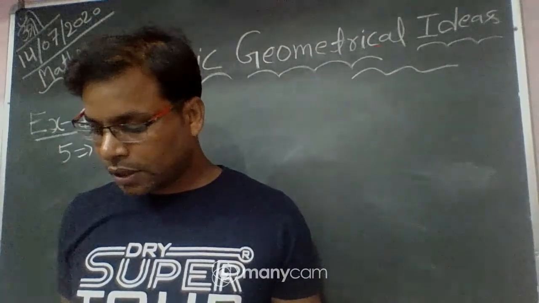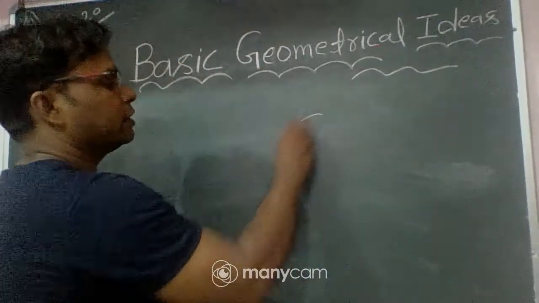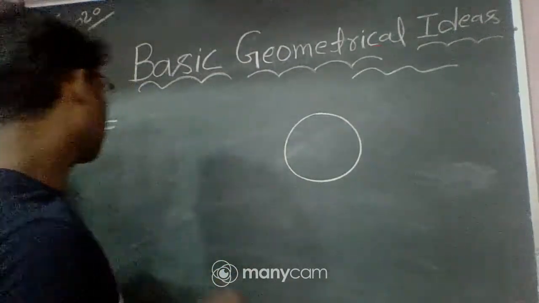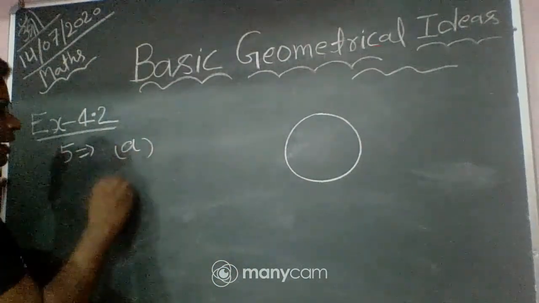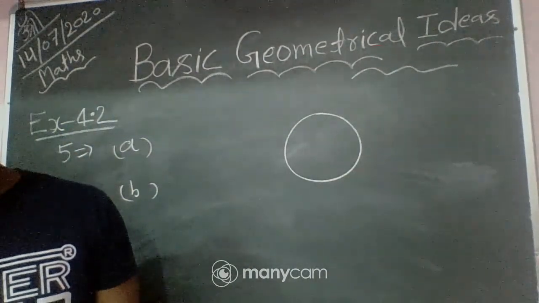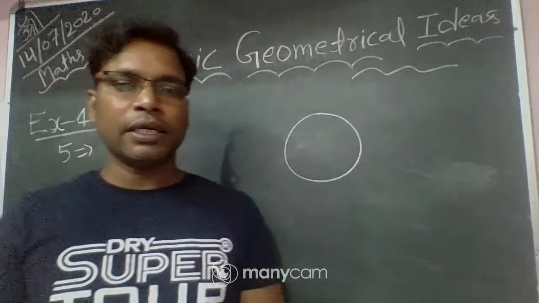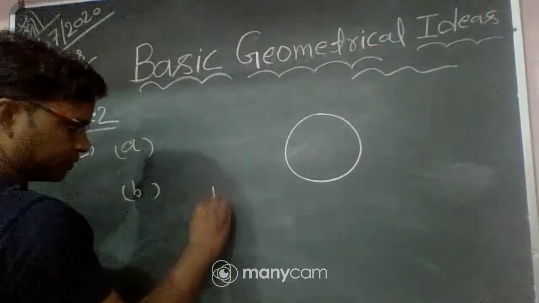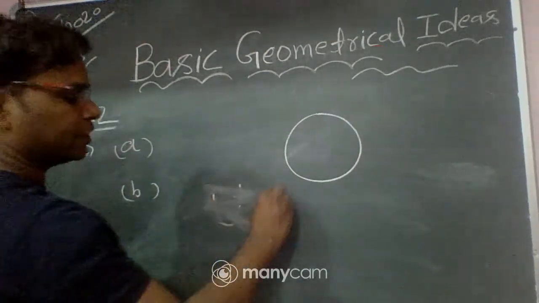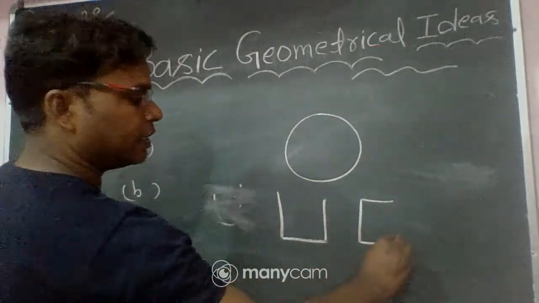So we draw a closed curve that is not a polygon. Let's see, this is a closed curve, but this is not a polygon because it is not made by line segments. Okay, this is part A. Part B is an open curve made up entirely of line segments. So you can see, made by line segments, like this. Clear? This is the open curve made by line segments.